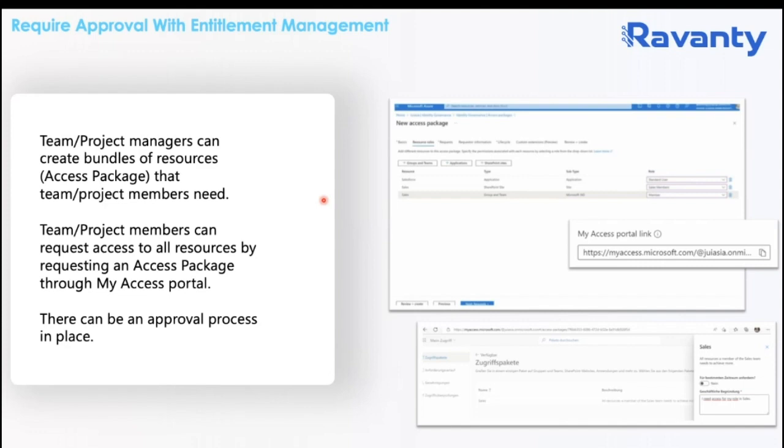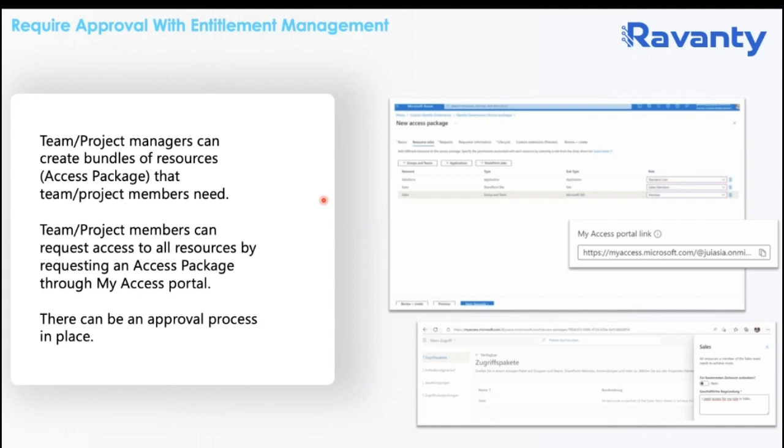You can automatically assign the access packages. So let's say you created a marketing package that said if a user's department equals marketing, they automatically get access to this access package, which gives them access to these applications, these SharePoint sites, or these Teams channels. So you automate that entire process. Or in some cases, you want to have users request it so they can go in and see which packages they have, and they can request access to them.